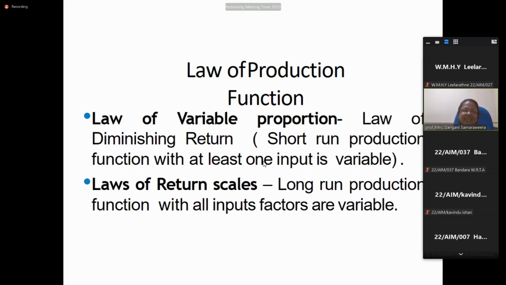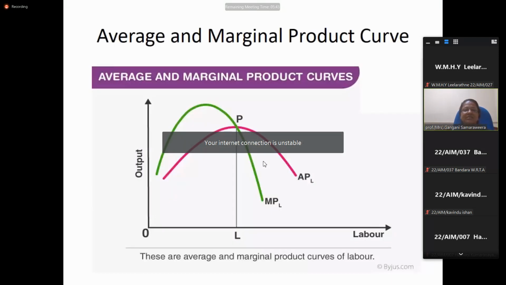It says diminishing returns. That means gradually decreasing return. You can see after seeing this,